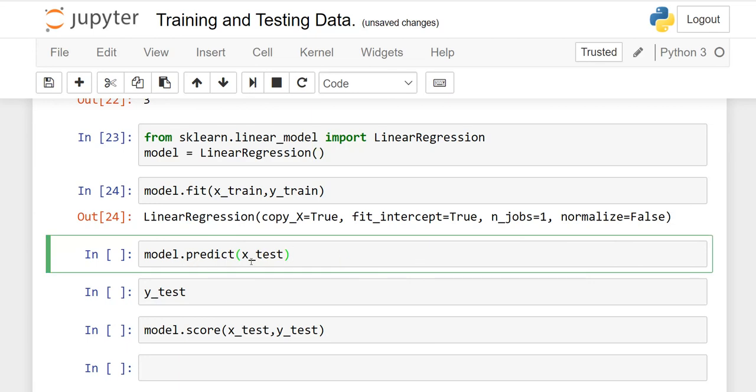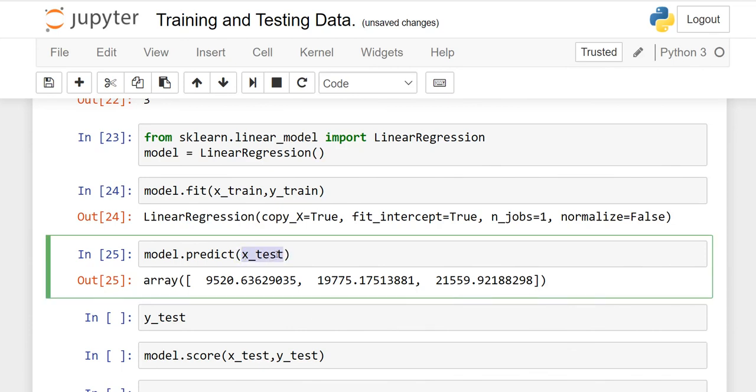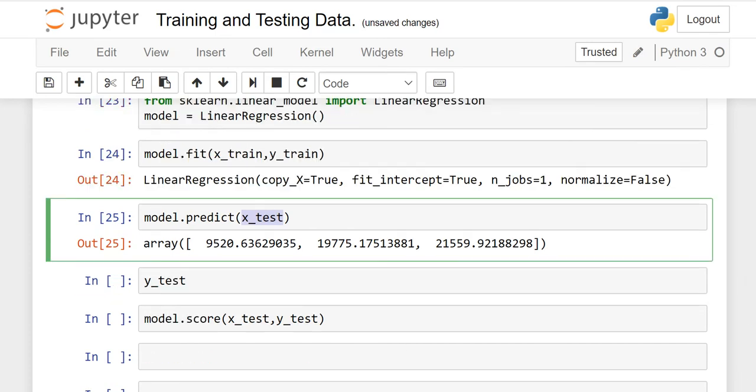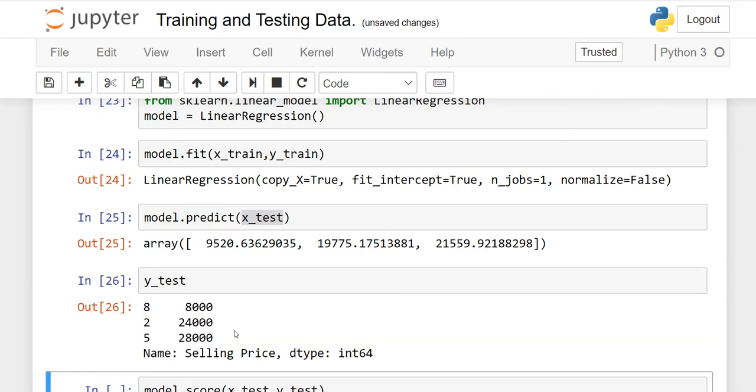Now model.predict, if I run this, you will see 3 outputs. Why 3 outputs? Because here I have mentioned x_test. 7 are my training data, 3 are my testing data, that is, these are my testing points. If we compare this with y_test, see, these are the points. So these points we have to compare to our data, whether we have exactly these numbers. If exactly these numbers are there in our data set, it means our model is accurate, right?